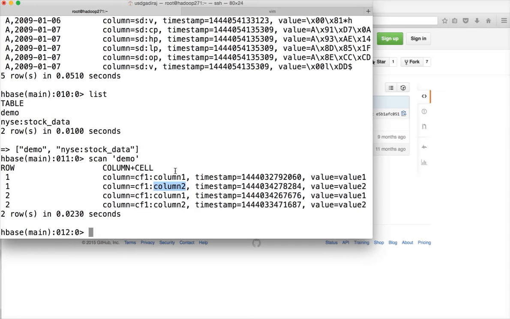By default, scan will try to return all the rows in the table, but you can do partial scans. And within the rows, as the column names are sorted, you can do a range scan on the column names also. Those are called filters,